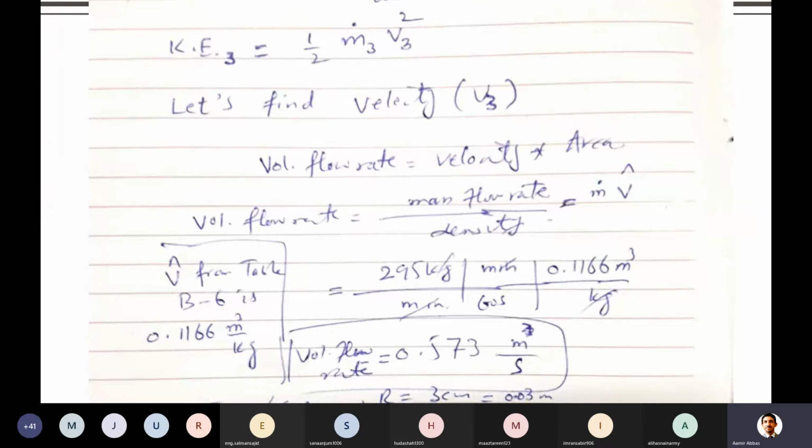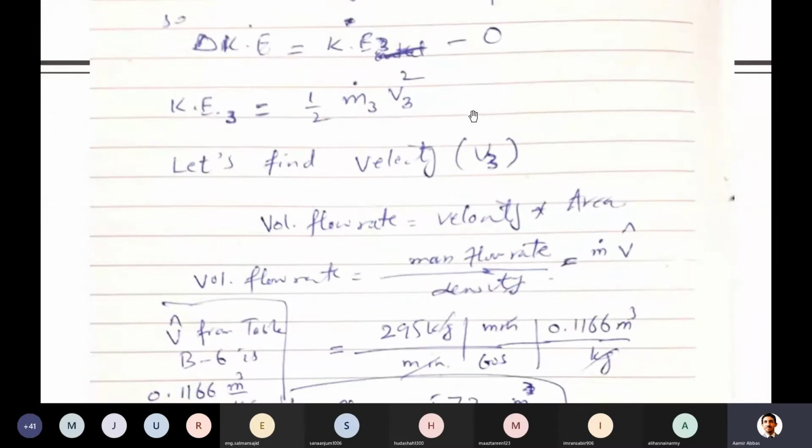So in this question, actually enough information is not there, and when he didn't provide enough information, due to this reason he asked you to ignore that kinetic energy, because this is the only way from which you can calculate velocity. Otherwise, there is no other way to find the velocity, I don't think so, as per given information in this question. The only way to proceed is that you should have the diameter of the pipe. When you have the diameter of the pipe, it is very easy to calculate, as we are doing here. So for V1 and V2, you can't calculate them, and he said the same in the question: just ignore those velocities, no need to calculate those.